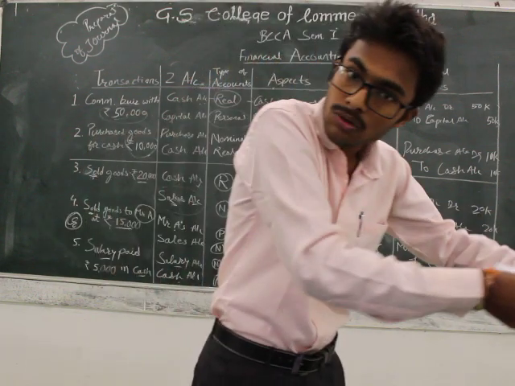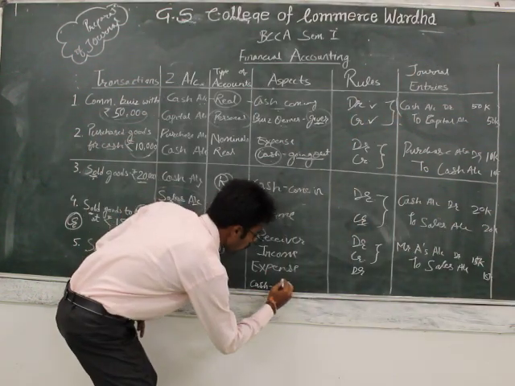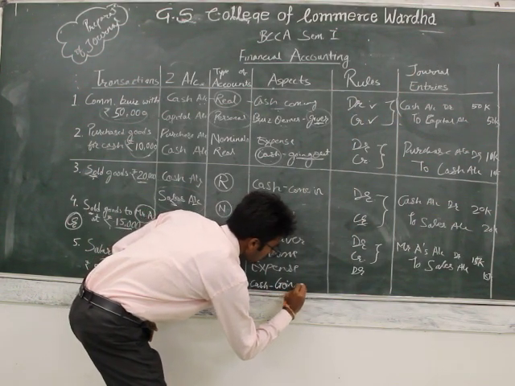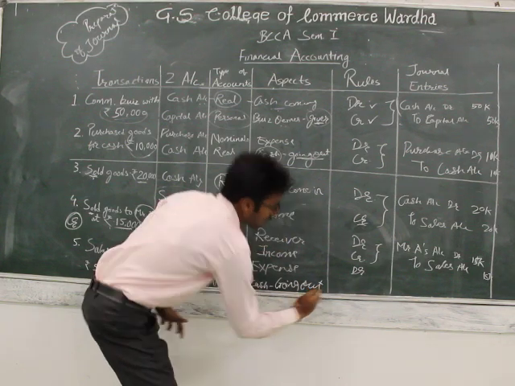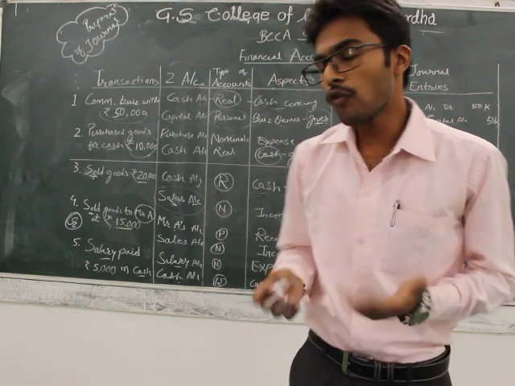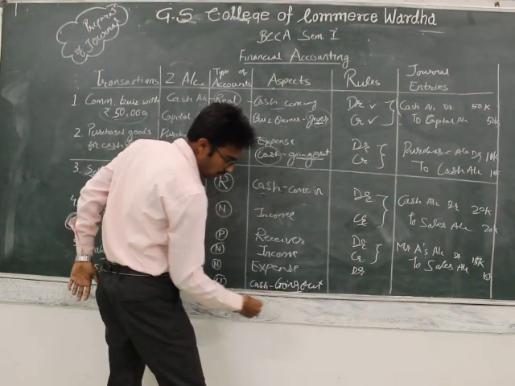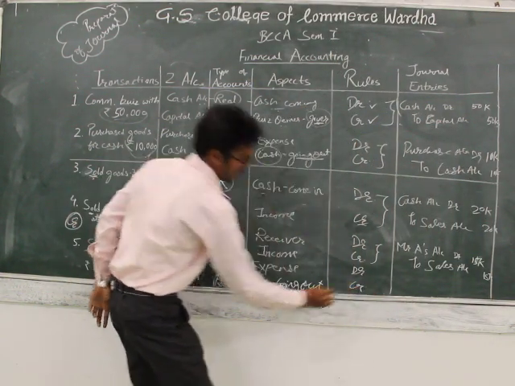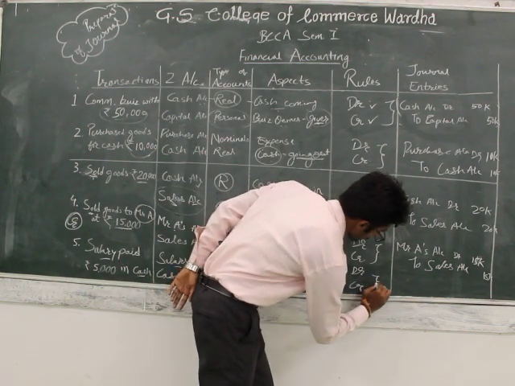Cash is going out. And the golden rule says debit what comes in, credit what goes out. Going out, credit. And the combined entry for this transaction will be...